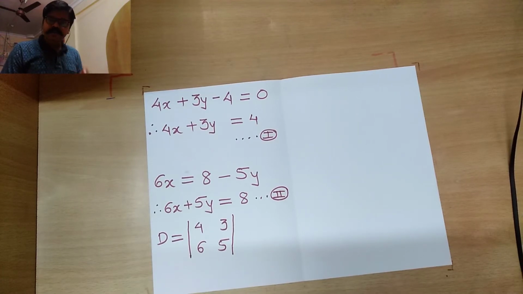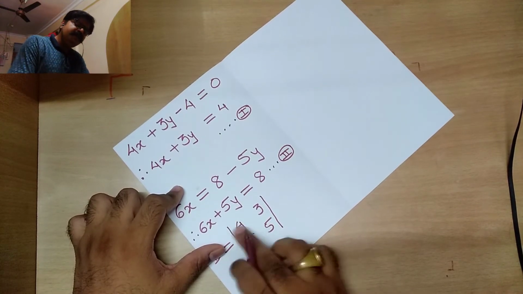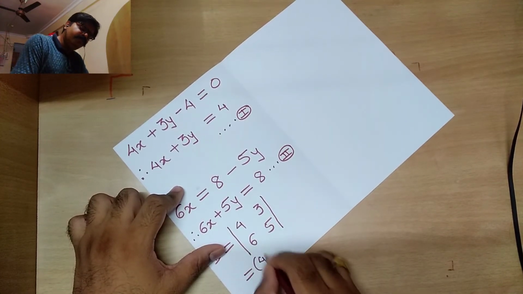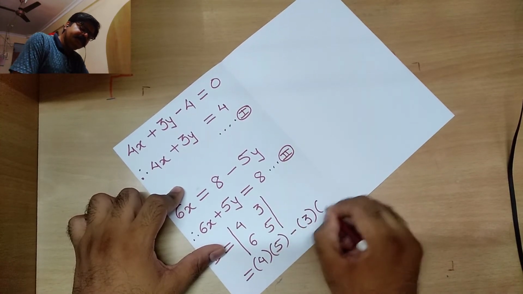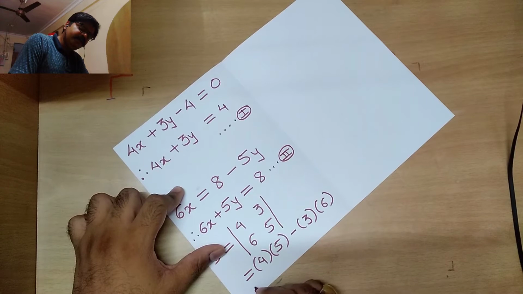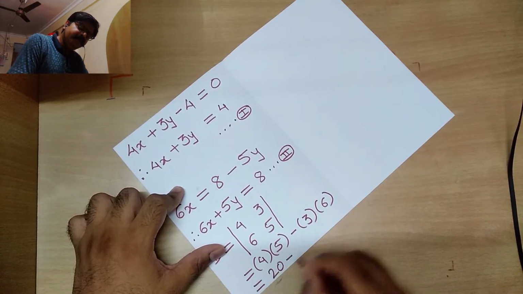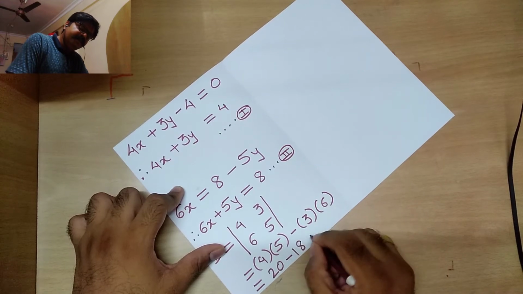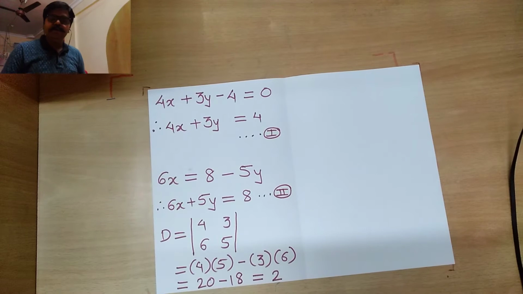We are also going to solve this entire determinant. We are going to do the same right now. We have already learned how to solve these determinants: left to right minus right to left. So 4 multiplied by 5 minus 3 multiplied by 6, that is how it is going to go. So 4 into 5 will be 20, minus 6 3s are 18. Therefore this D's value we are going to get to be 2.